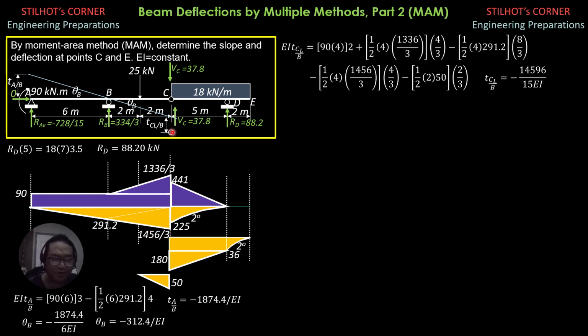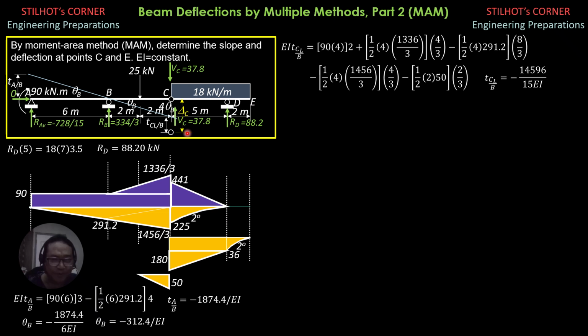The vertical deviation of C, this distance, is equal to the deflection at C, which is negative because it is below the x-axis or horizontal axis. Now, what is this vertical distance? Of course, we have a right triangle here. The distance is 4, so this is 4 times theta B. And this is the deviation of C left relative to B. The entire vertical distance is delta C. So delta C is negative.